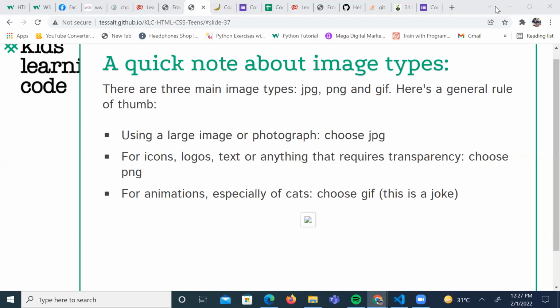All right, so there are three main image types, right? We have the .jpg, we have the .png, then we have the GIF. There's a general rule in using the three of them. If you want to use a large image, you can use your JPG. Then for your icons, your logo, your text, or anything that requires transparency, you can use PNG. And for your animations, especially if you want to use GIF things,